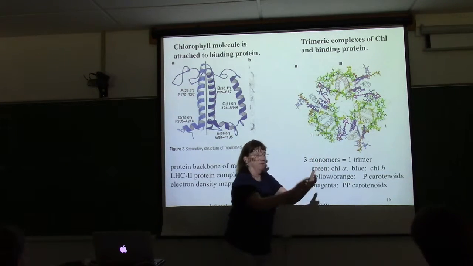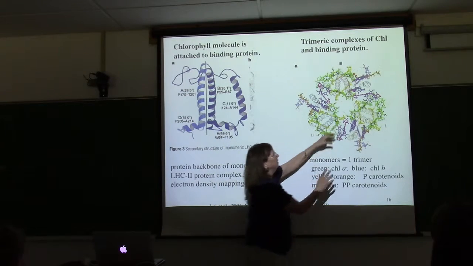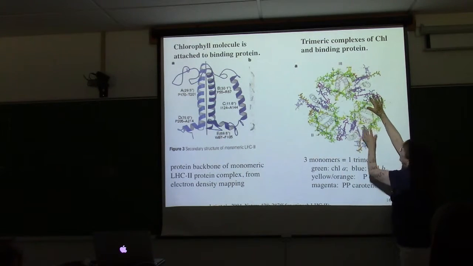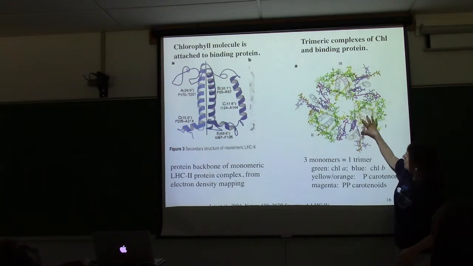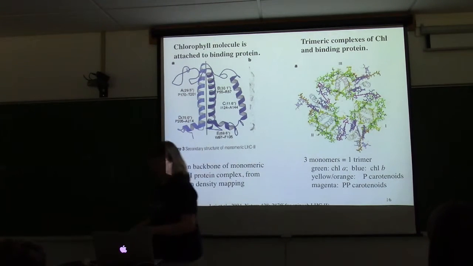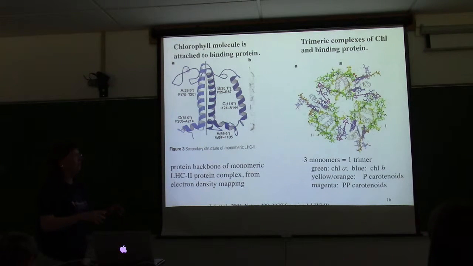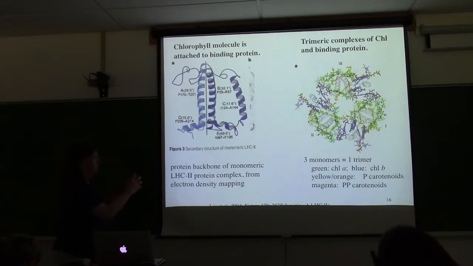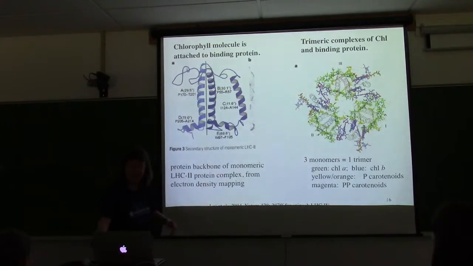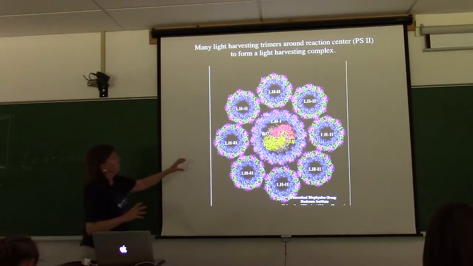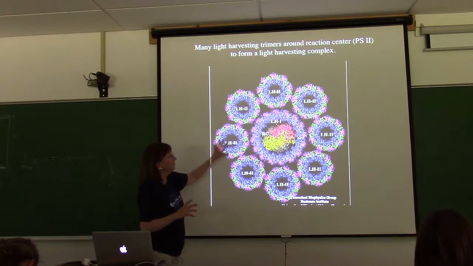And so it's got the chlorophylls and the carotenoids. And then this is a second one. And up here, this is a third one. And so these together form what they call a trimeric complex of the protein and the pigment. So this may not be what you think of when you think about chlorophyll. You've got the molecule stuck to a protein forming a complex, and then you have multiple of these trimeric complexes